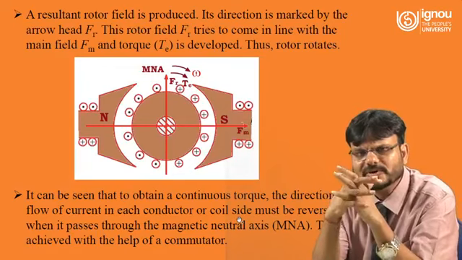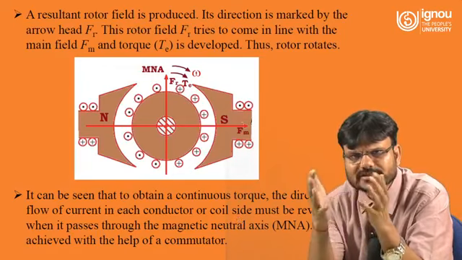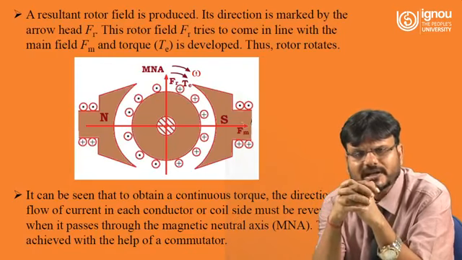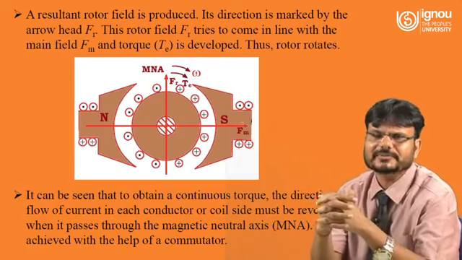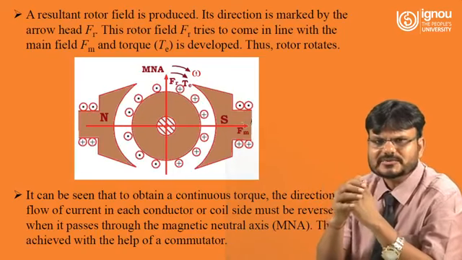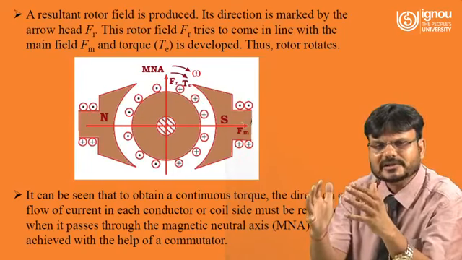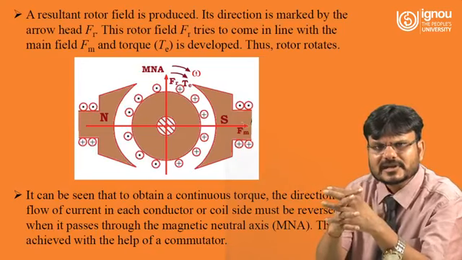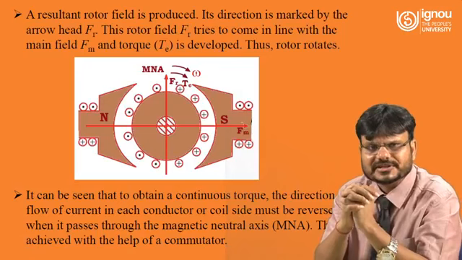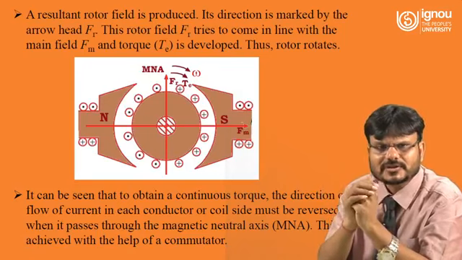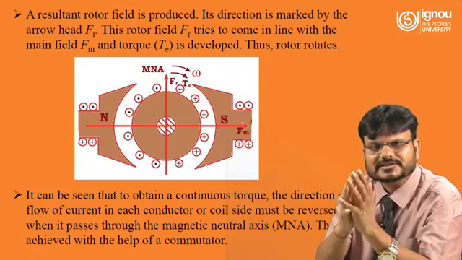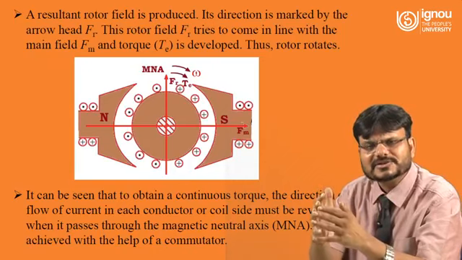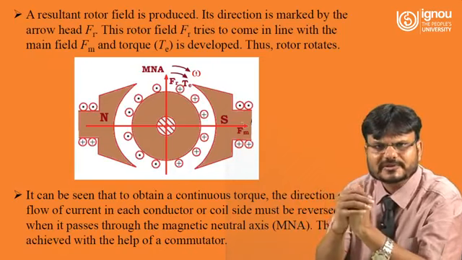In such a type of DC machine, two fluxes are being produced, one is basically the main field and another field is produced by the armature conductor. So what happens basically? The armature flux opposes the main flux, that is called the armature reaction. So armature reaction is what? Armature reaction is the reaction in which flux produced by the armature conductor opposes the main flux.